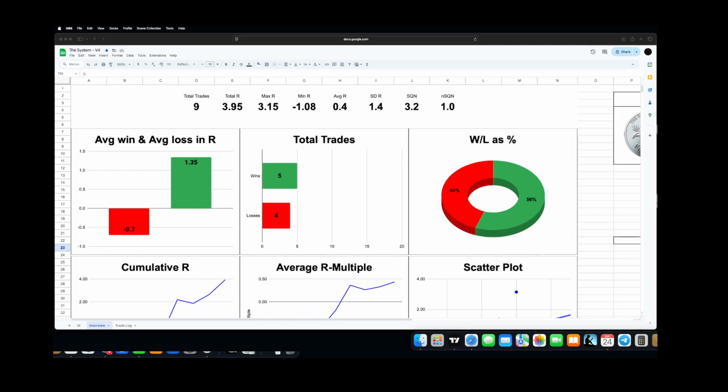Today is the 24th day of the ninth month of the year 2025. This is my after action review of my trading performance. It's for a new system, the system version number 4. In this version of the system, what I did was